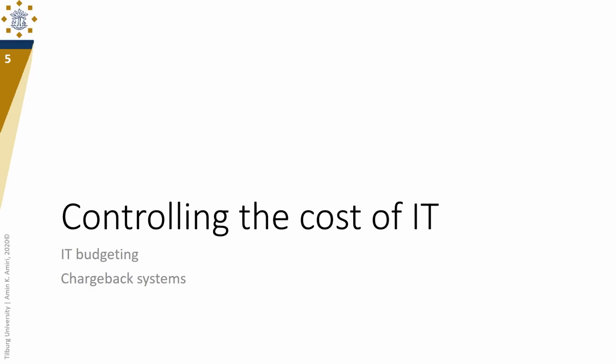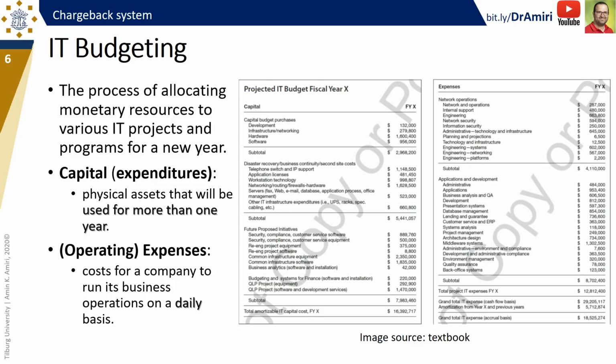In this video, I explain how CIOs can control the cost of IT using two main measures, IT budgeting and chargeback systems. IT budgeting is the process of allocating monetary resources to different IT projects and programs for a new year. As you can see on the right side, an example of an IT budget, which includes